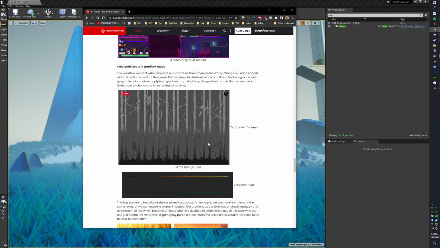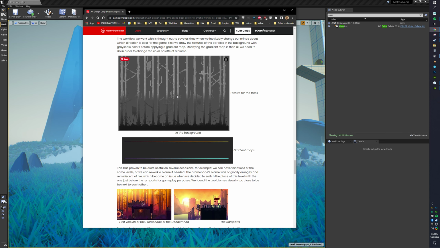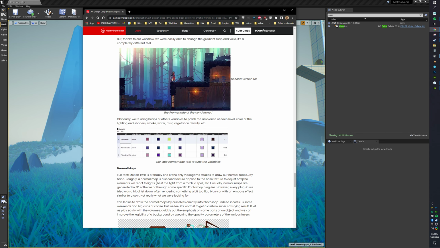But one of the really cool things that they're doing beyond just mapping gradients to background objects is handling a lot of their color values kind of through a spreadsheet, right? Which allows you to get all of your color information in one place, and allows you to handle your art direction in a really interesting way. You're not diving deep into a bunch of individual materials and messing with too many parameters, right? You're kind of setting up these color palettes for your different zones, and allowing yourself to kind of map that